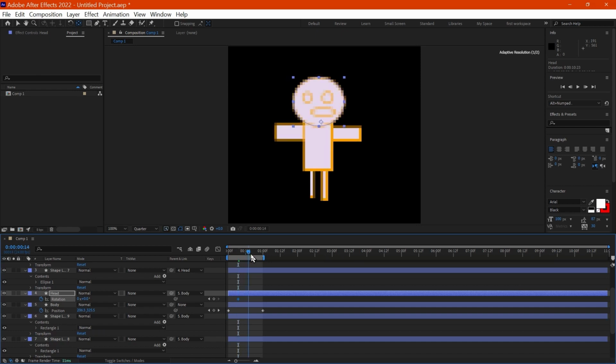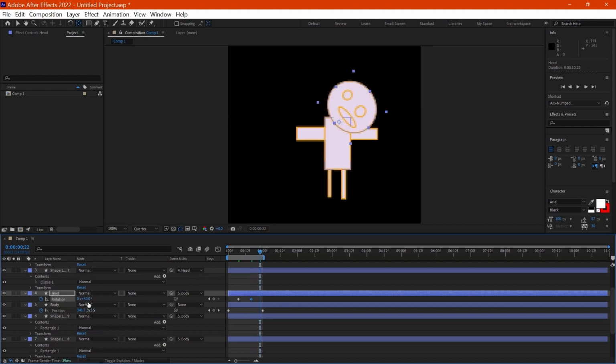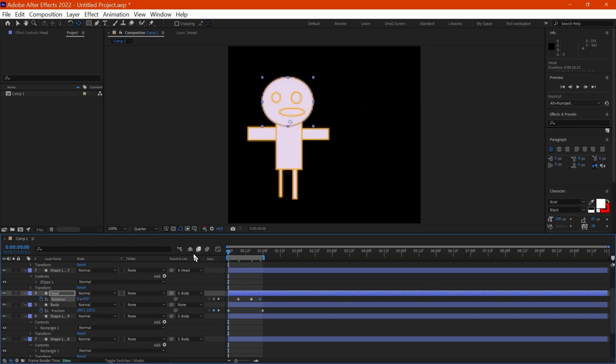At this time it will rotate a little bit, okay? And at this time it will go back to the same position as before. So this time if I play it,